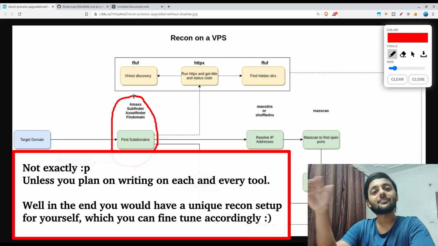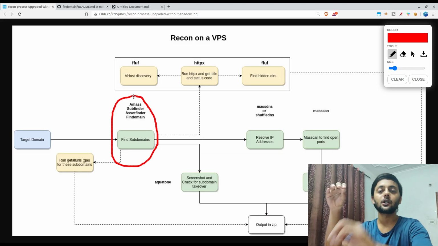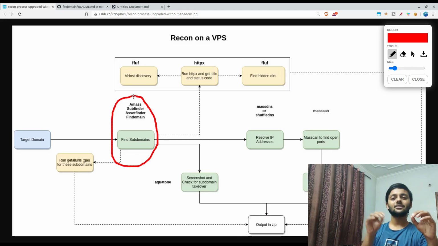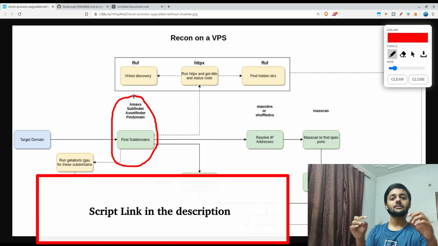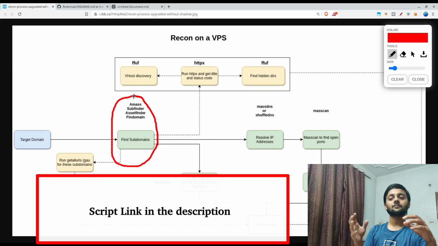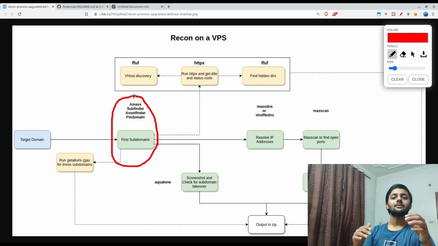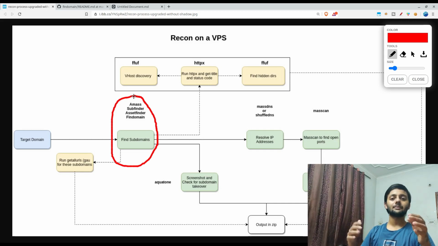So towards the end of the video, I would show you how automation could help a lot in this, and I would be writing a small shell script. I've already uploaded it on my GitHub page, so you could check there as well. So don't be afraid or intimidated by the code. It's very simple. I would explain it line by line, and most of it is redundant because we had to do repetition.